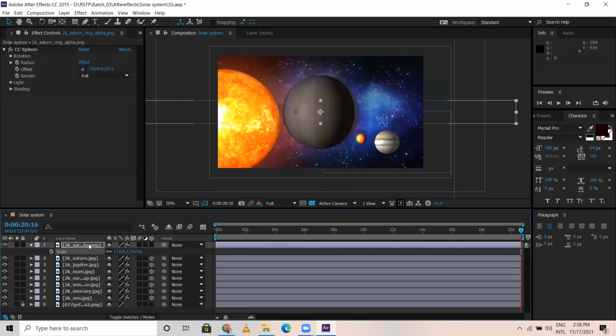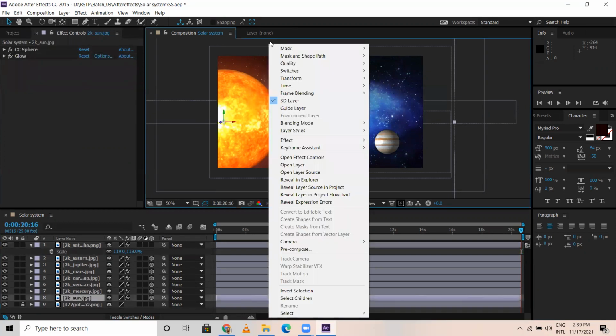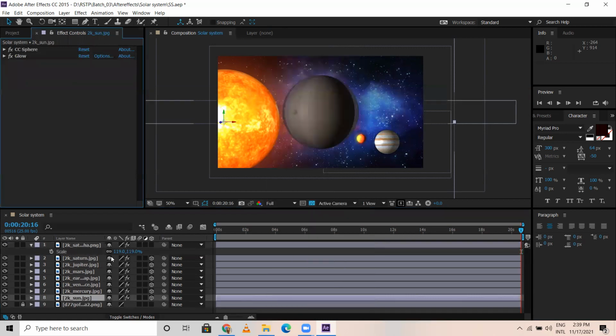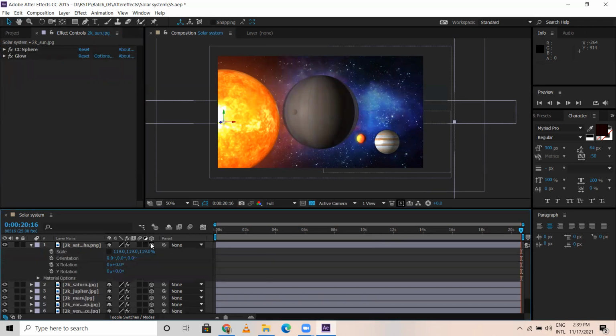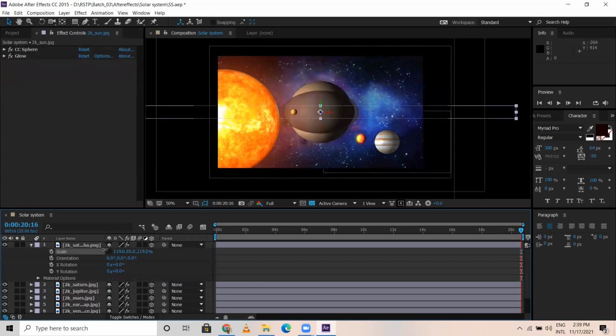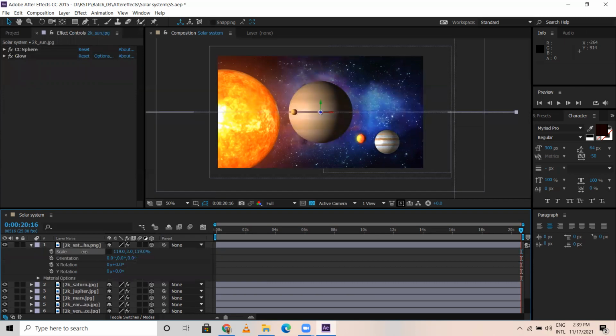Overall, see, Saturn ring I'm scaling. After that, I'll turn off this link, constraint proportion link, x-axis, y-axis. Anyhow, I need to convert this into 3D as well. X, Y, Z. Okay, y-axis, I'm gonna reduce it like this. Then overall, I'm gonna scale this a bit more.